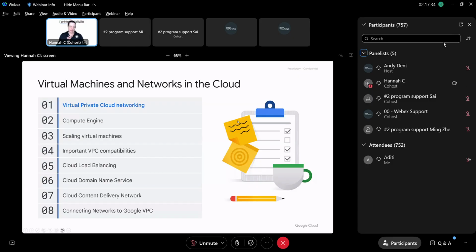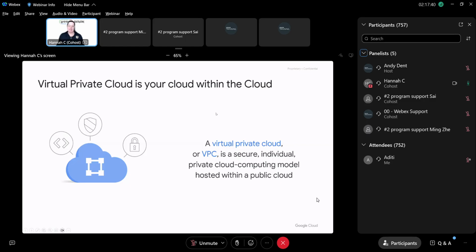Sorry, I got hiccups. There we go. So we are going to look at VPCs. Now in Google, they use